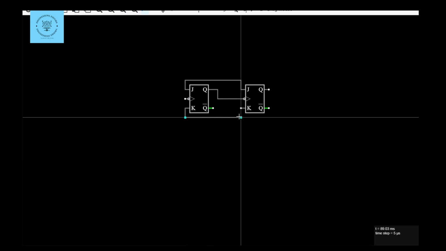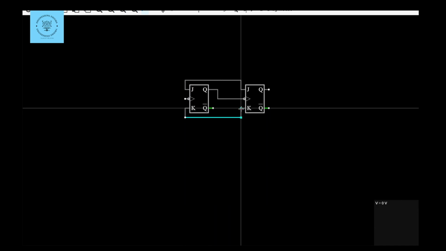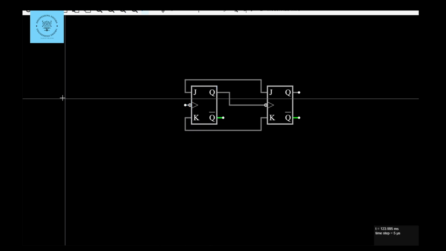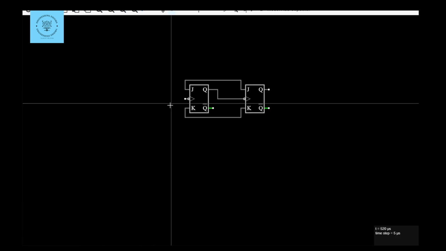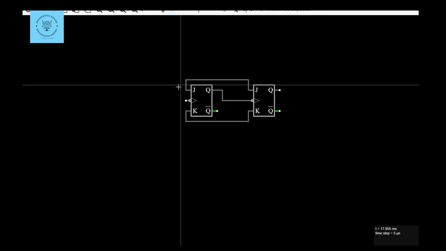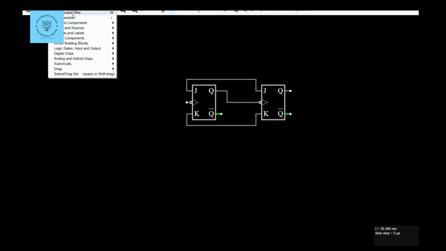has 4 states. This is called an asynchronous or ripple counter because the clock is not applied to all flip-flops at the same time. Instead, the output of one flip-flop is used as the clock for the next flip-flop. Because of this, there is a small delay between changes, which is called ripple effect.